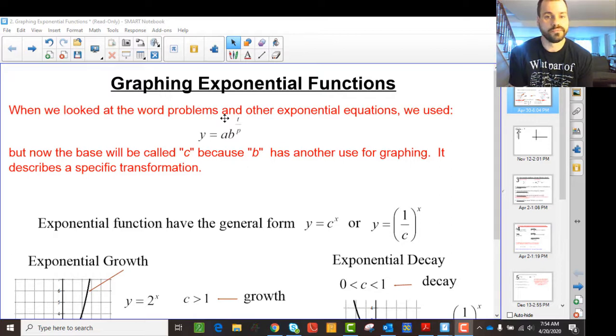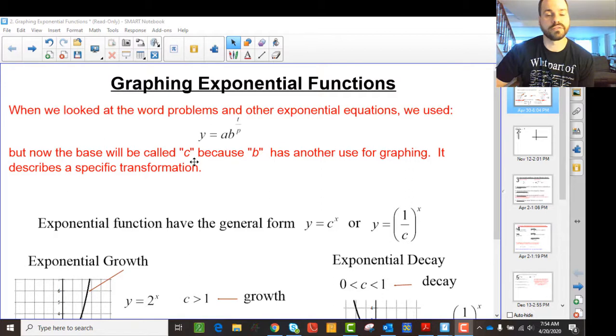And what we're going to do is change it slightly. We're going to call the base c. And the reason we're going to do that is because we're going to use parameters a, b, h, and k. So we're going to use b for another purpose, because we use b for other things in graphing and not just for exponential functions. We use it for a whole host of functions, sine and cosine and tangent and all the trig graphs,